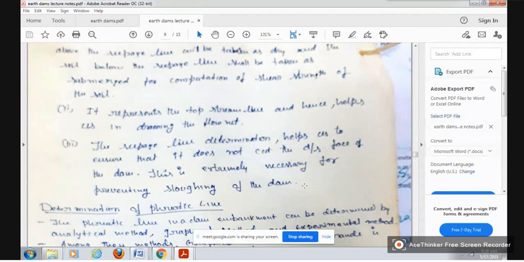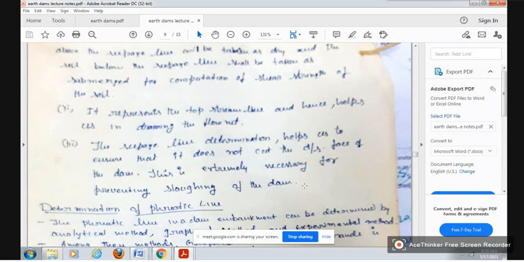So there are three benefits of constructing a flow net. The first benefit is for the calculation of stability analysis. We take the unit weight of the soil: the portion above the phreatic line we take as dry unit weight, and the portion below is saturated unit weight. That is the first point. The second point is that for drawing a flow net, one should know the top line, that is the seepage line. Once you construct the phreatic line, then you construct the flow net. That is the second advantage.